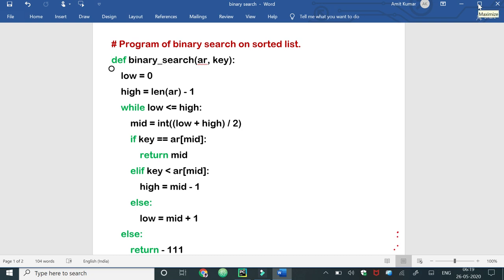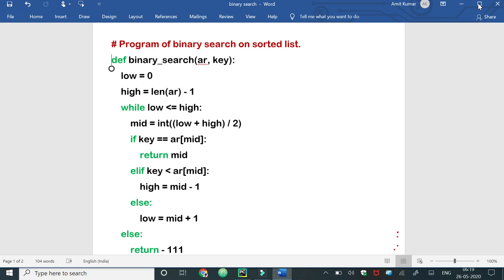Here we have a program to perform binary search on a sorted list. As we know, the binary search algorithm is far more efficient than linear search because it does not require the comparison of each element of a list. In each iteration of binary search, the entire list is divided into half because it works on the divide and conquer policy. So binary search has a better response in comparison to linear search.